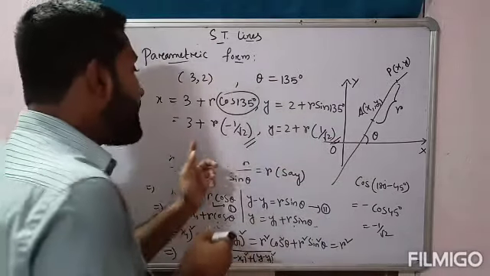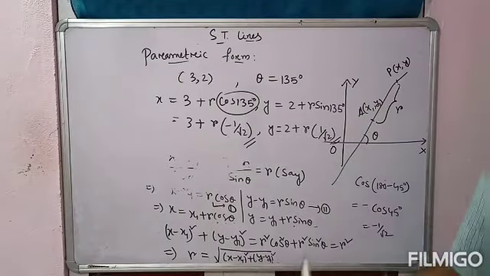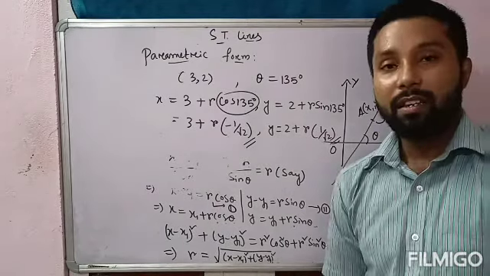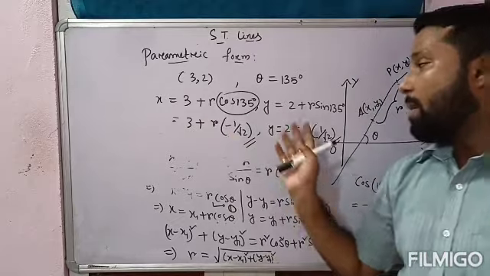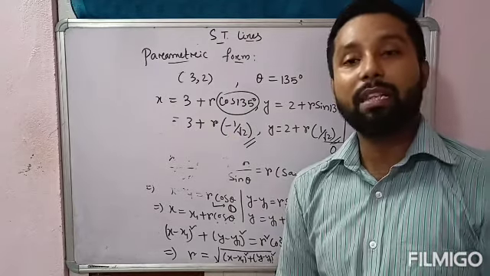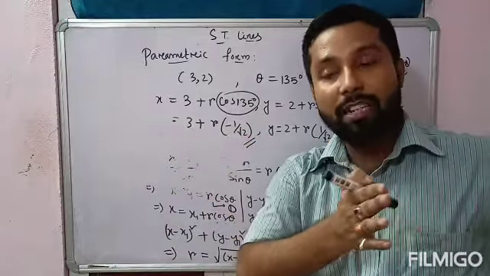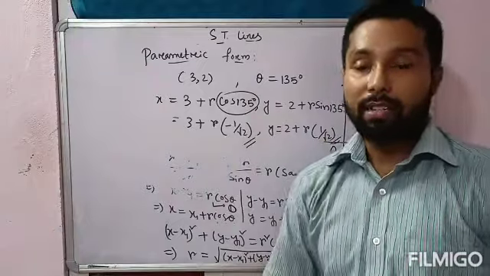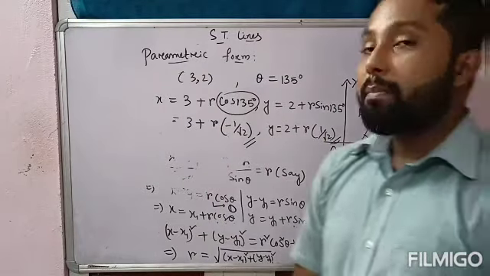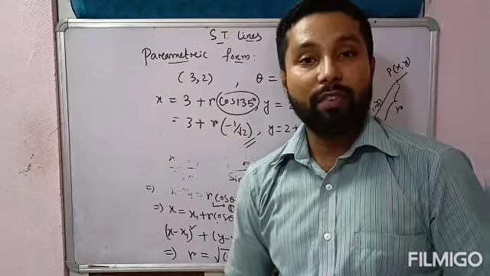Okay? So these are called the equations of a line in parametric form. और simplification का जरूरत नहीं है. X equal to something, comma y is equal to something. तो हमेशा याद रखना है कि पैरामेट्रिक फॉर्म में जो इक्वेशन मिलता है अलग अलग होता है. X equal to x part, x coordinate, y is equal to y coordinate, right? So these are all about symmetric form and parametric form. Next part I will discuss now.